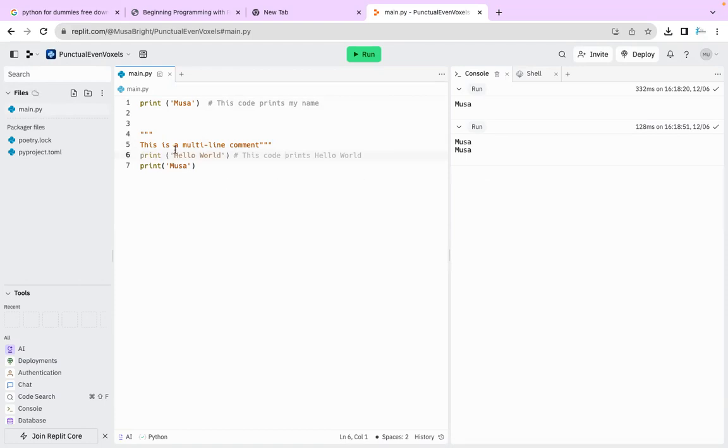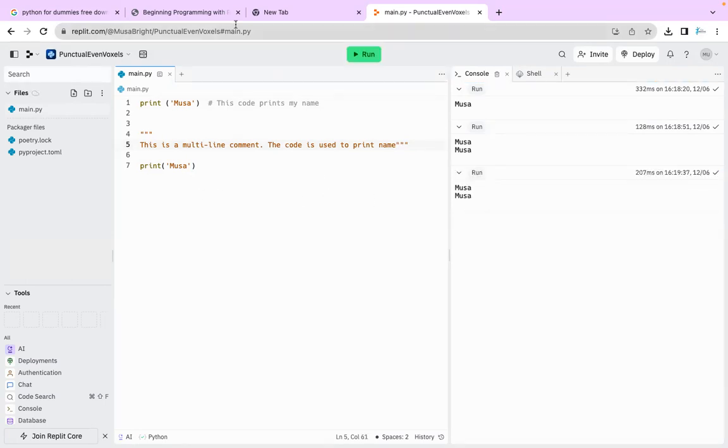Wherever you write in it, it's not going to bring it out, but it's going to see it as just a normal thing which is not part of the code. This is exactly what we're trying to understand. We call it a multiple line comment. You can write as many things as you want. I can say, this is a multi-line comment, I can write more things, the code is used to print my name. No matter how long what you've written in between is, it's just going to see the print statement.